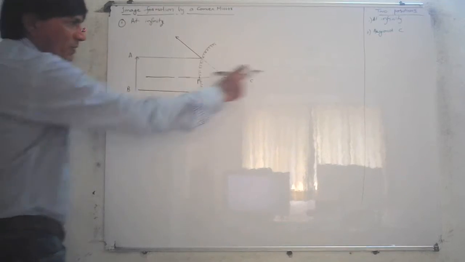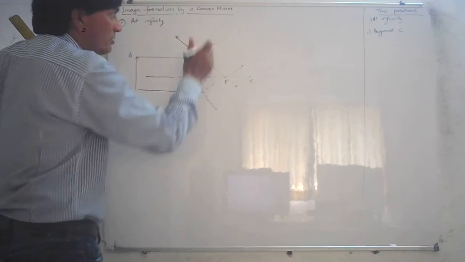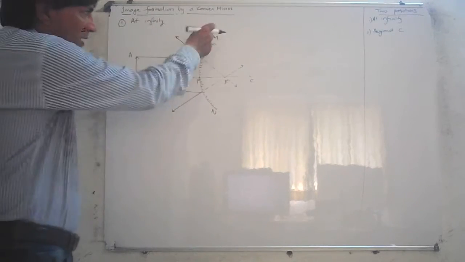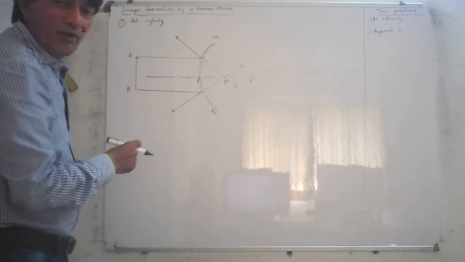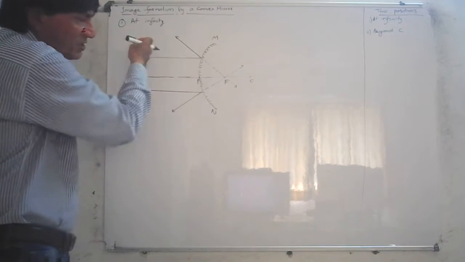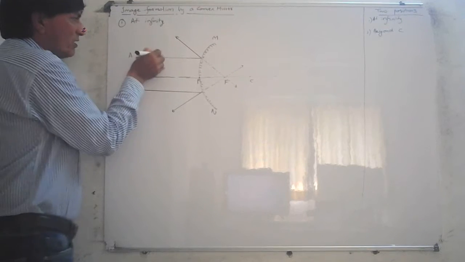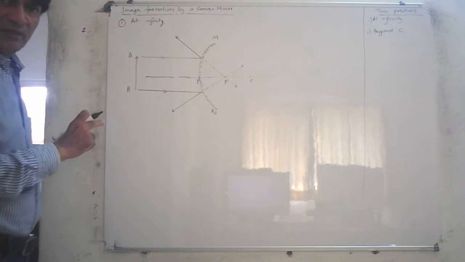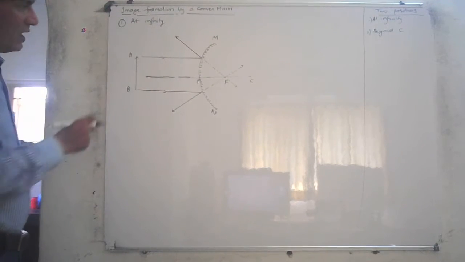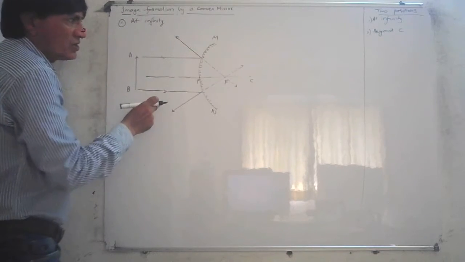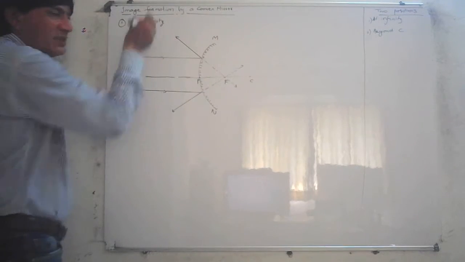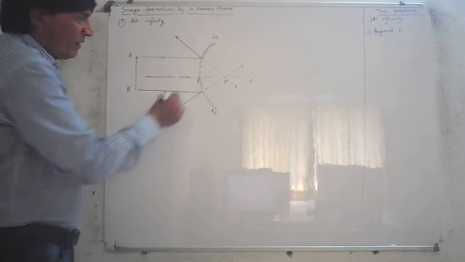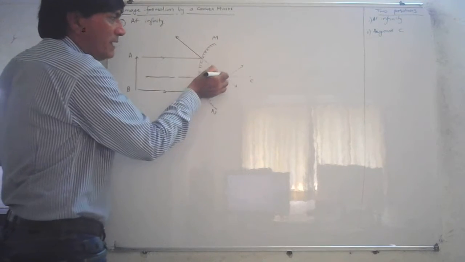Alright? So you can see now, this line should be straight. This is your principal axis. This of course is the convex mirror. This part is the non-reflecting surface, and this is the reflecting surface on my side. This is one ray of light going this way. This is an object which is at infinity. One ray of light parallel to the principal axis hits the point of incidence here and then is reflected back. The other ray of light is parallel to the principal axis and comes back. When these rays of light are extended backwards, an image is formed here.